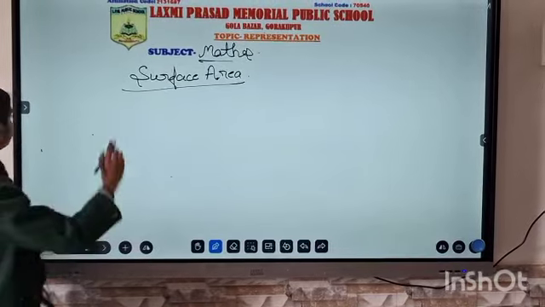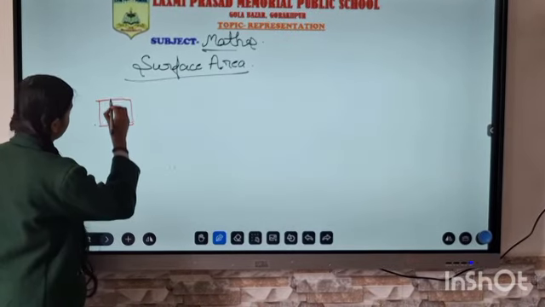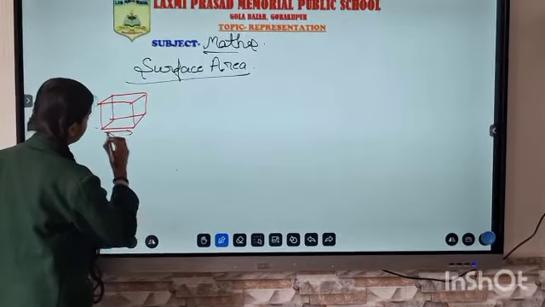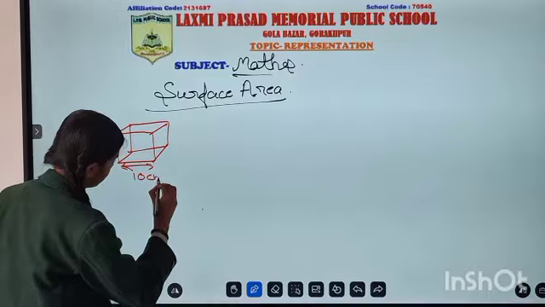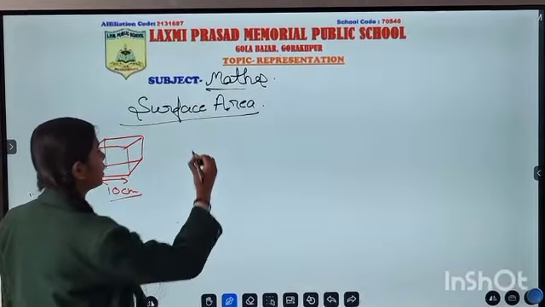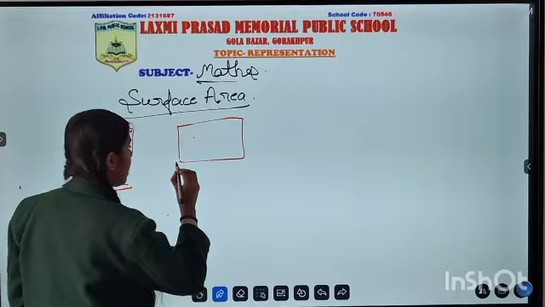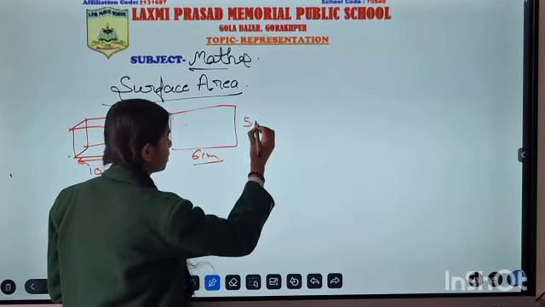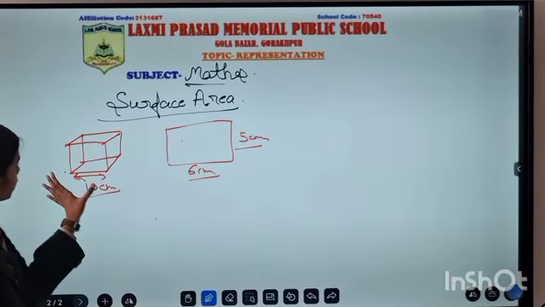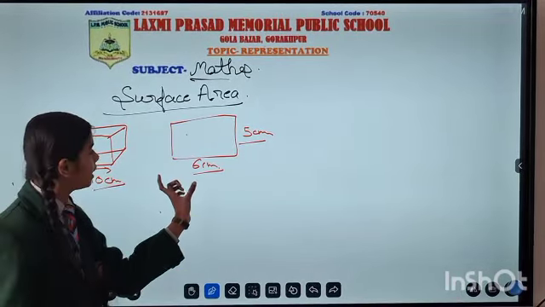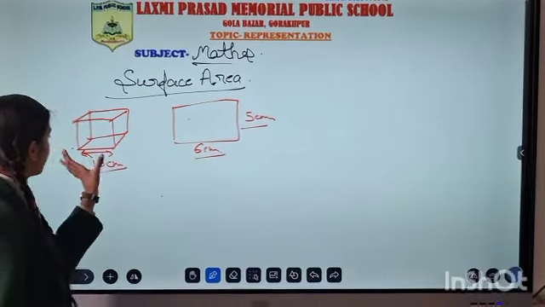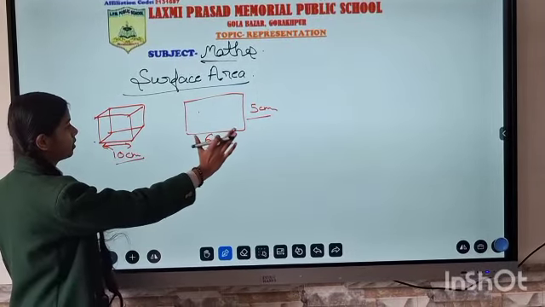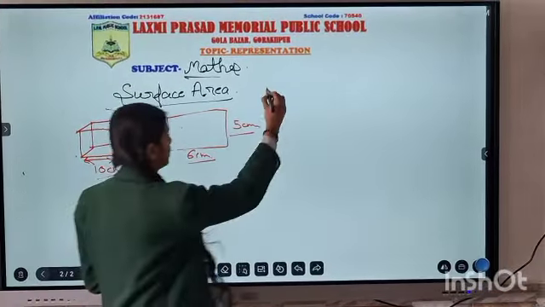So what I have said: the box is in a cube shape having a side of 10 centimeter. You have to wrap this box with a rectangular colorful sheet having dimensions, length 6 centimeter and breadth 5 centimeter. If you have to wrap this box with this colorful page, how many pages do you require or need to wrap this box? So we can simply divide the surface area of the cube by the area of the page like this.